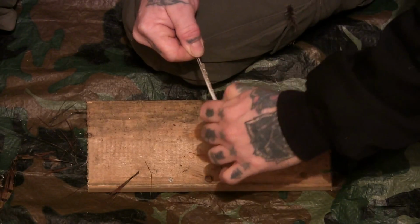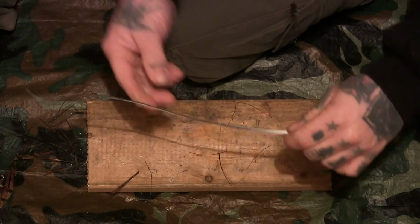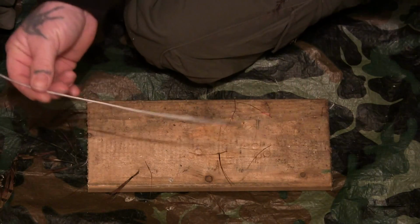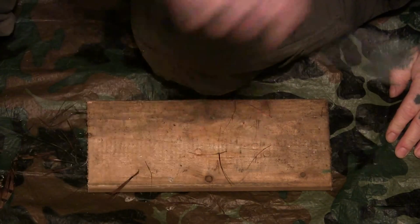Now I'll just pull a bit of this off the end here. Now I've got a long wiry bit of string, and on the end it's a bit fat, but it's even slightly needle type. So just to show you